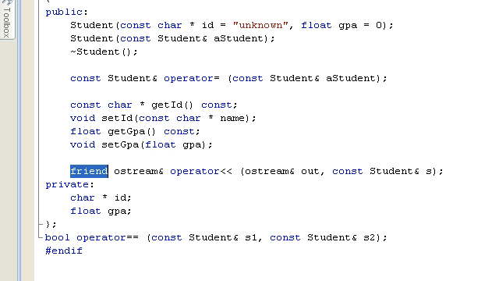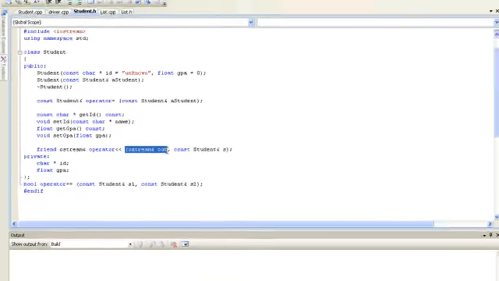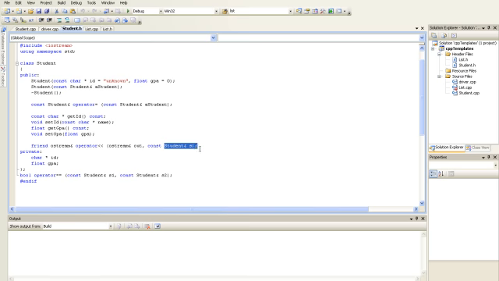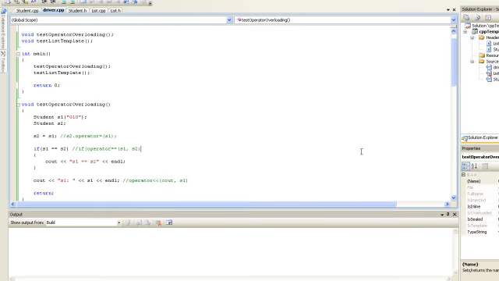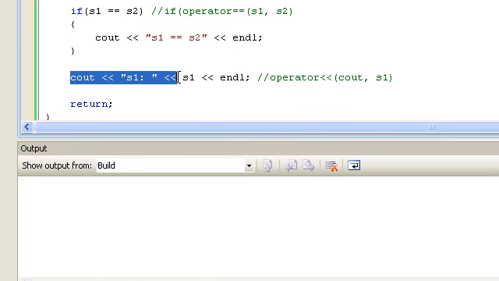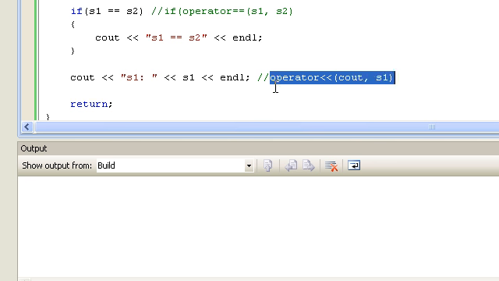And let's come back to this function prototype. You declare it as a friend of this class, and you see this is the function name. The first operand is an OStream object, and the second one is a student object. Let's take a look at how we invoke it. We invoke it just like normal, like a built-in data type. And what's behind the scene looks like this. Operator insertion operator takes in two objects here. And you see the reason we return an OStream object is